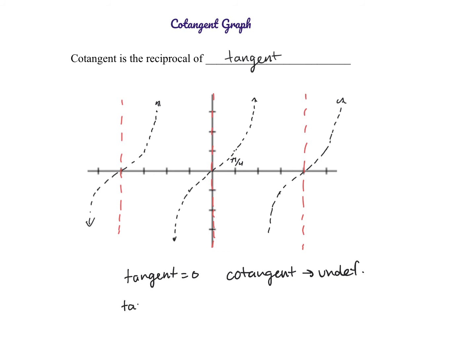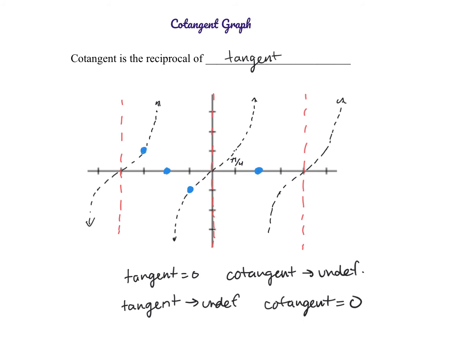We know that when tangent is undefined, so wherever there was a vertical asymptote for tangent, well, the reciprocal of undefined is actually 0. So cotangent will equal 0. So wherever we had a vertical asymptote previously, that will be an x-intercept for our cotangent graph. And then we do have those reciprocal values. So like this value of -1 will be the same for cotangent, and this value of +1,